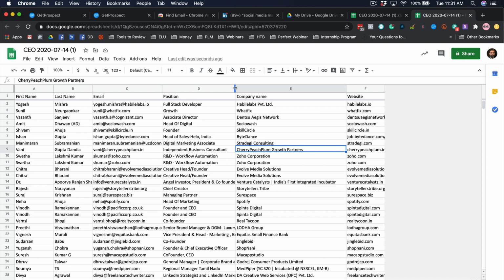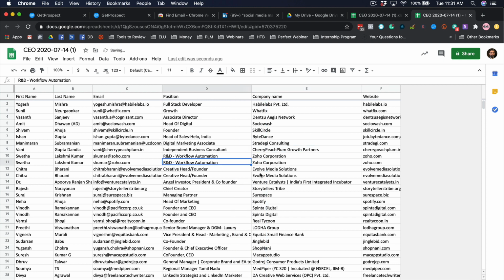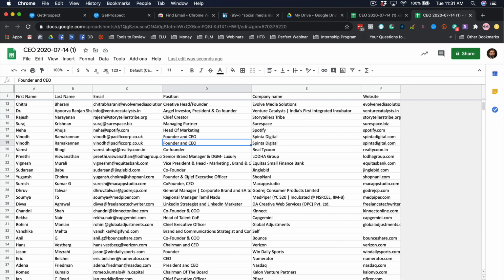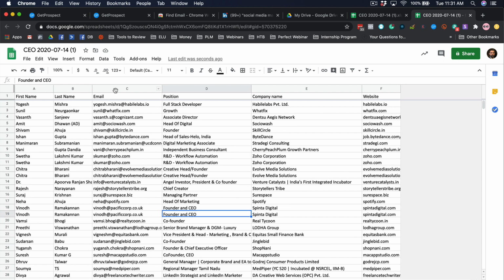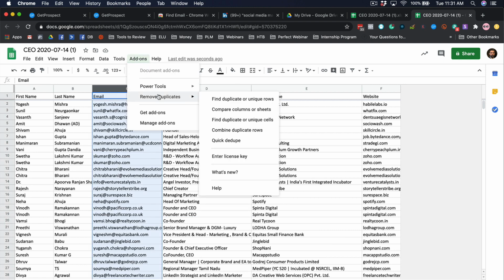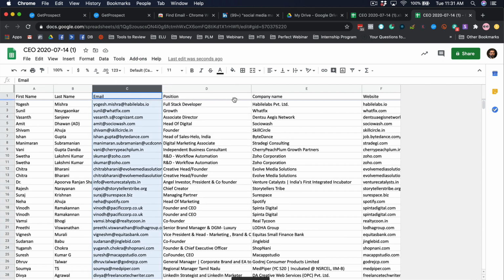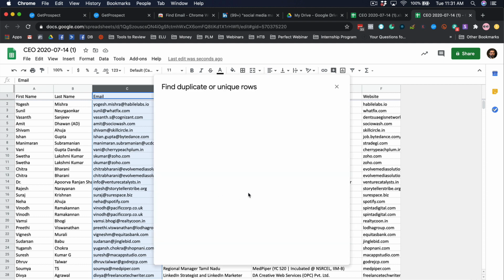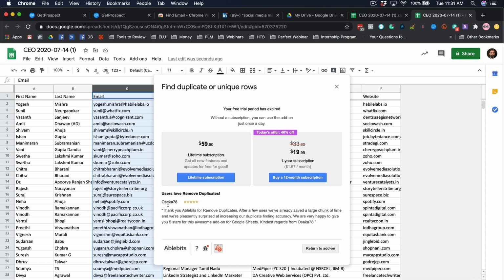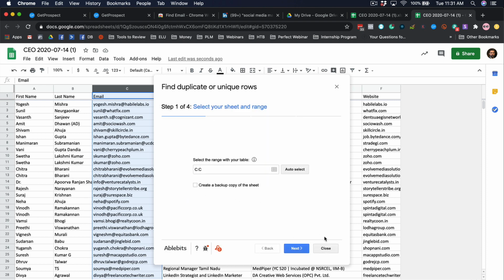So now you have workflow automation engineer, you have creative head or founder, and sometimes you can see there are emails which are repeated, and I will see if I can remove the duplicates. So I have a remove duplicate add-on. So find duplicate or unique rows, and this add-on will remove the duplicate email IDs. So sometimes this might happen. There is a free version of this which will help you do one duplicate finding job per day. So I will click next here,